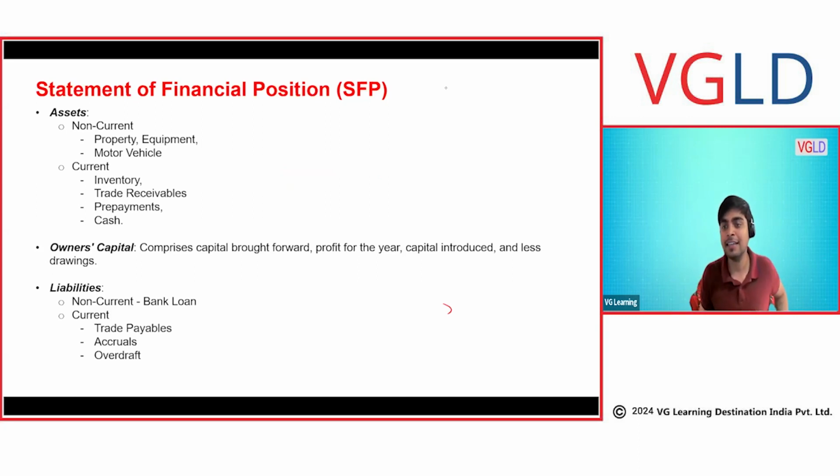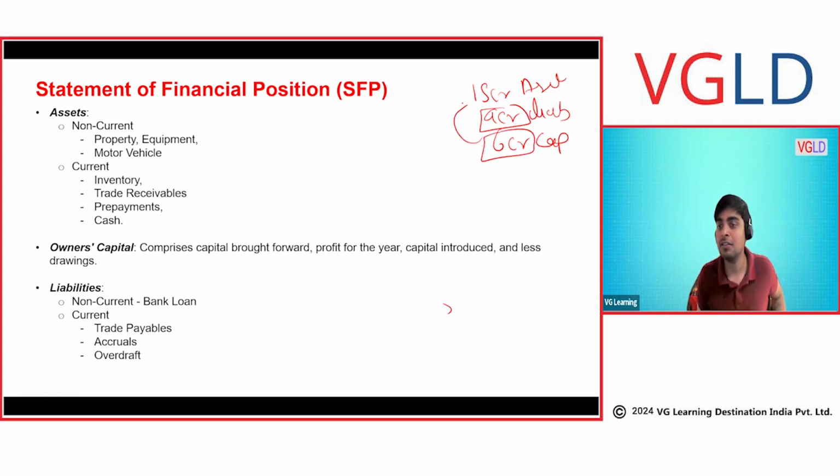In case you are still not able to answer, it was 15 crore of assets, 9 crore of liability, and then 6 crore of capital. Basically, I borrowed 9 crore, I used my own 6 crore, and for this, I created 15 crores of assets. And that's why it always matches. 15 crore will always match with 15 crore. Clear, everyone?